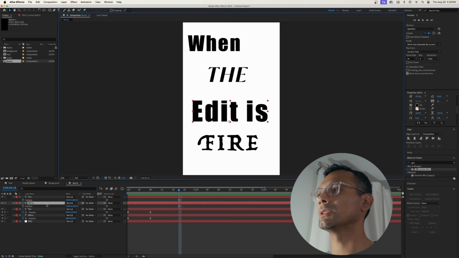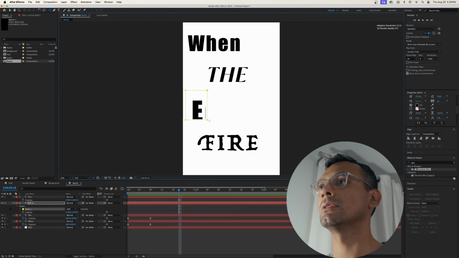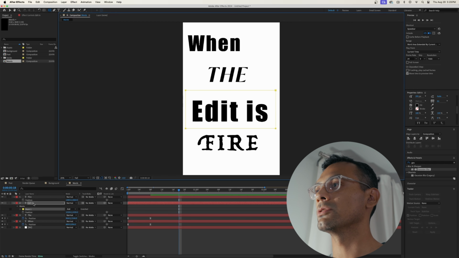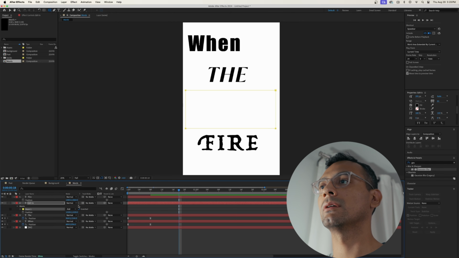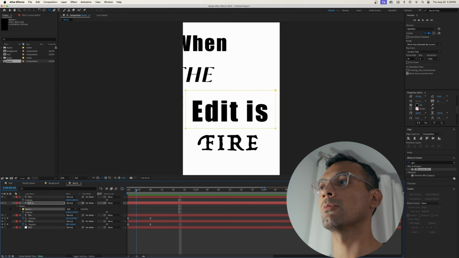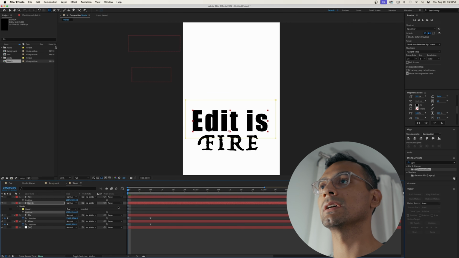What do I want to do with this one? Okay, so I'm going to create a mask. You can hit this rectangle tool up here, right? Then you draw a box over this, and now when you do that under the layer of Edit Is, it creates a mask here. If you invert it, basically the mask covers it. If you invert it, essentially this box becomes the house for Edit Is. It becomes its house because anywhere it goes outside of it,